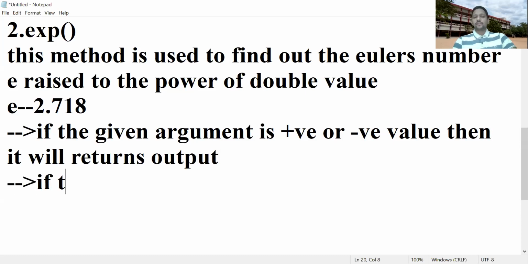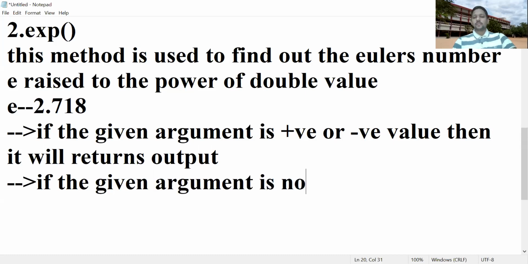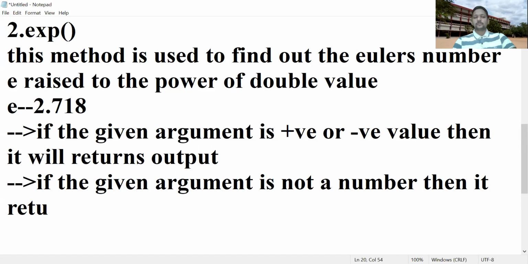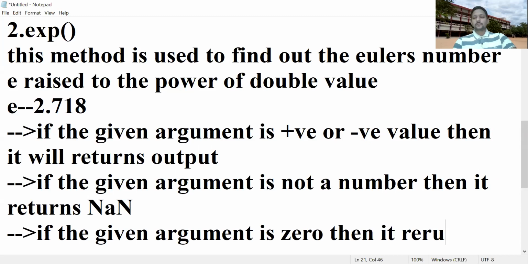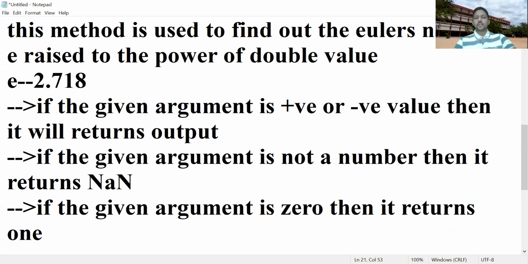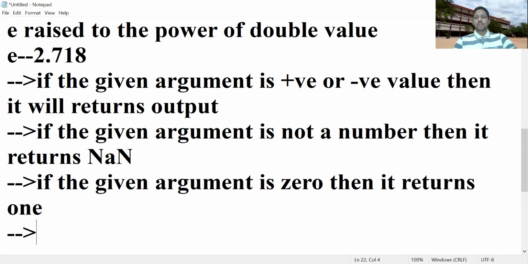Next, if the given argument is not a number, then it returns not a number only. If the given argument is 0, then it returns 1.